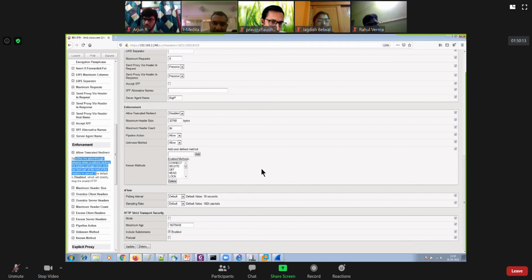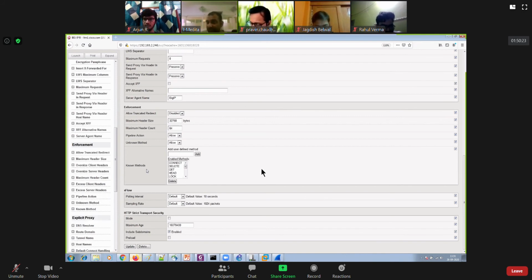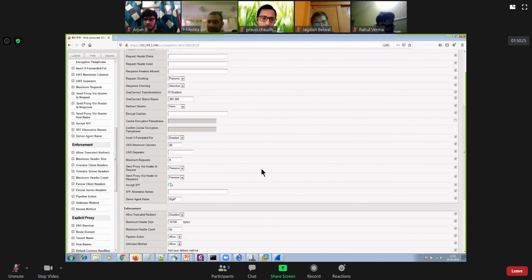The default is disabled, which will silently drop the invalid HTTP packet. That's how you can read the definition of all these options available under help if needed.